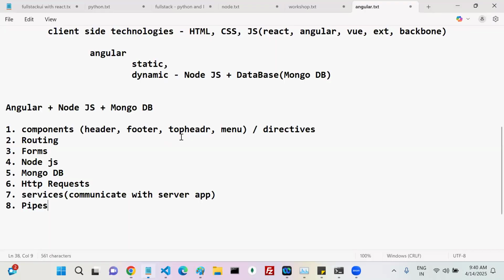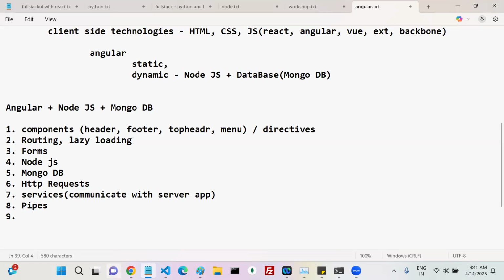For that purpose there is the lazy loading concept, which is there in the routing. Lazily load, no need to load early. Whenever required, then only you can load. Through lazy loading we are going to handle that one.